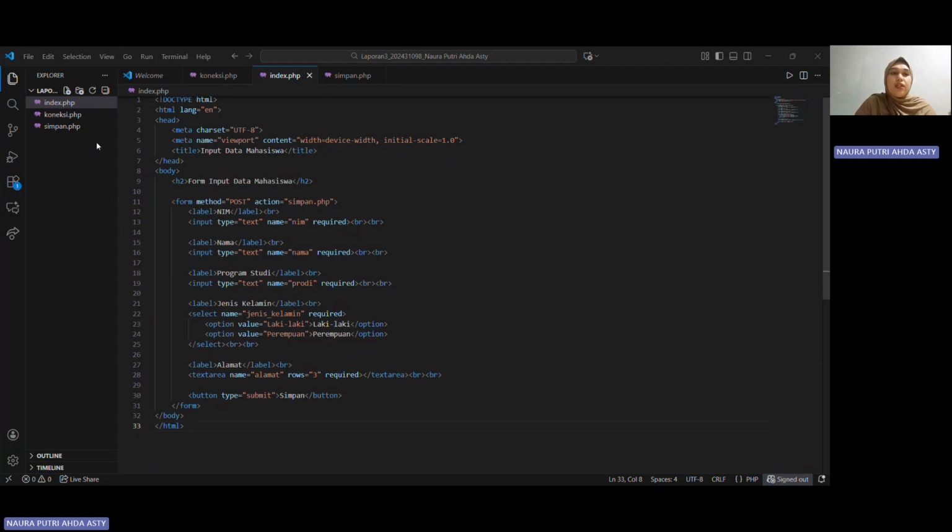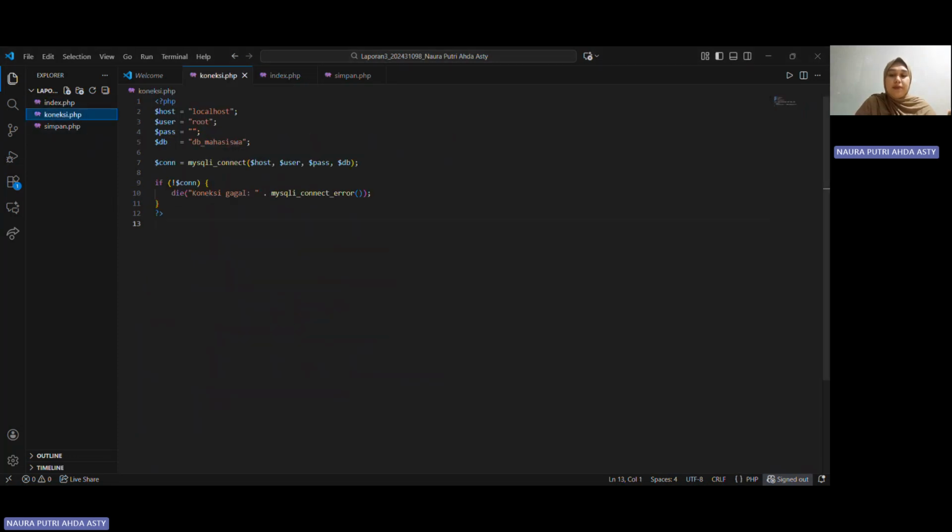And then the next one is koneksi.php. In this koneksi.php, I create variables to connect with the database that I already made. The first one is $host for the database host, which is localhost.